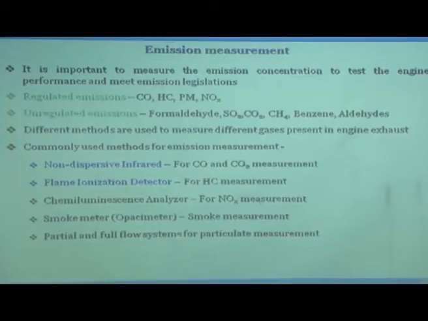Partial flow and full flow measurement systems I will discuss in detail, but what it really means is that you have an engine, you take a stream of the exhaust, dilute it, and then capture the particles on a filter paper, and then weigh that filter paper. And you know how much power is being produced, so you can figure out how many milligrams per kilowatt hour of particulates you are generating. That is the partial flow, because you are diluting only a small part of the exhaust. If you take the entire exhaust and fully dilute it and then take a fraction out of it and do the measurement of the particulate, that is called the full flow dilution system.